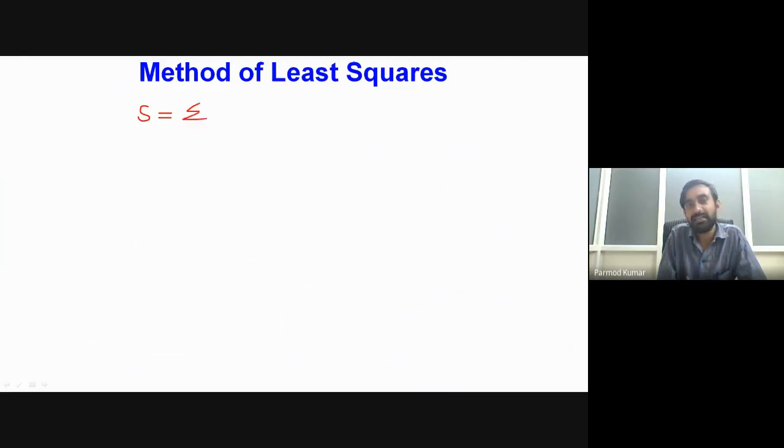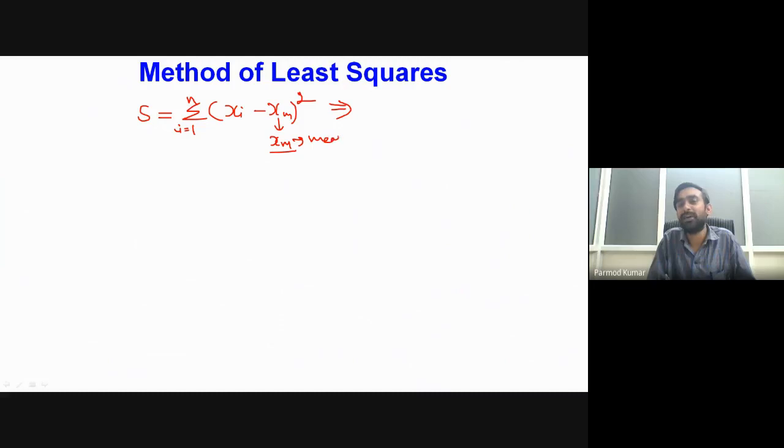So I can write this S as nothing but the summation, i varying from 1 to n, of (xi minus xm) whole squared. Whatever deviation we have from some mean value, we consider the square of these deviations, and we take the sum of all of them. Now we have to select the value of xm. xm is what I am representing as the mean value or mean representation of that data set,